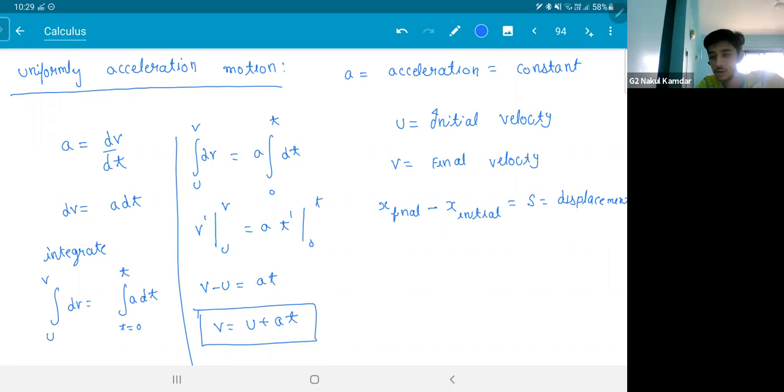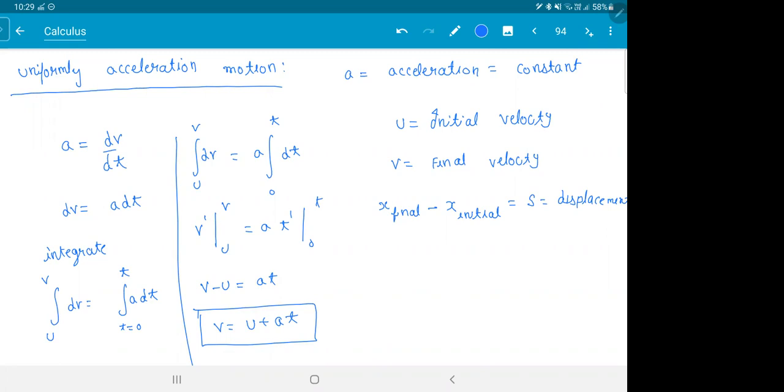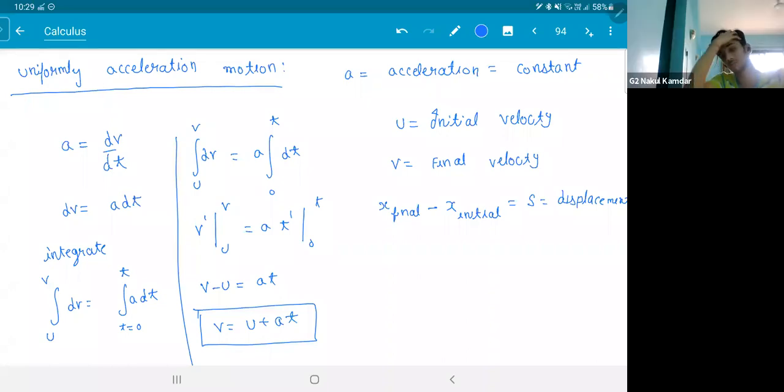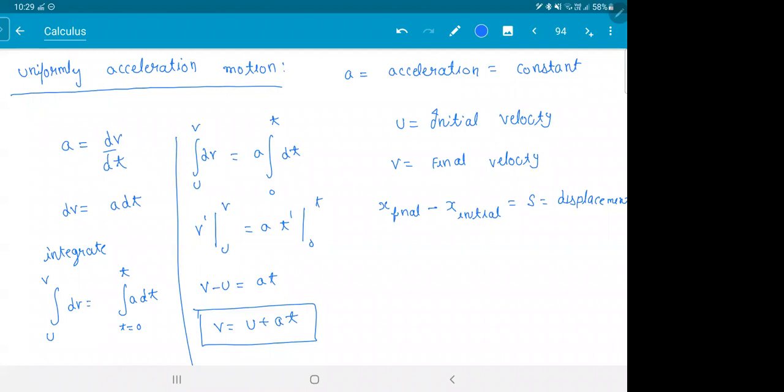So you can get all this derivation in HSC. In HSC you get questions on this derivation. They did it a little differently in HSC. They use some kind of graph to prove it. I'll show you that also when I teach graphs. But these integrations are important. I'll show you a question which came in the exam, mains and NEET. It came in both the exams in different years.